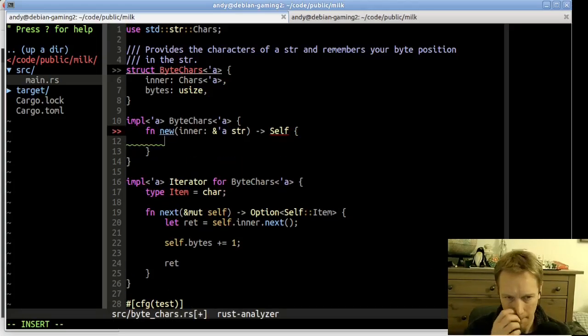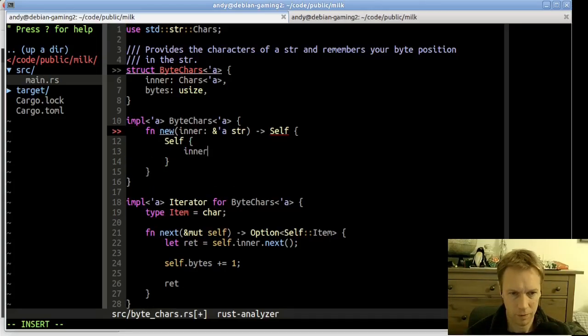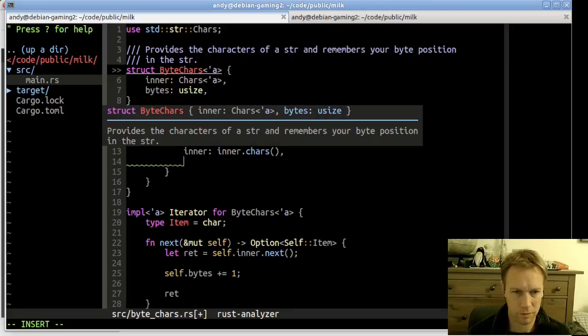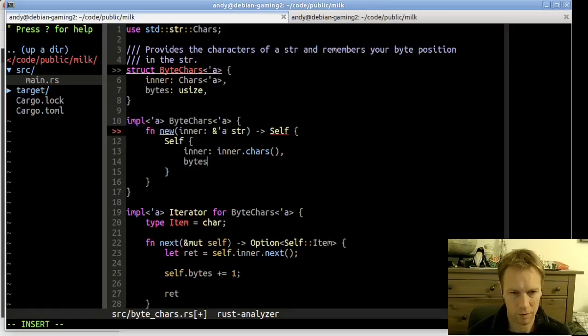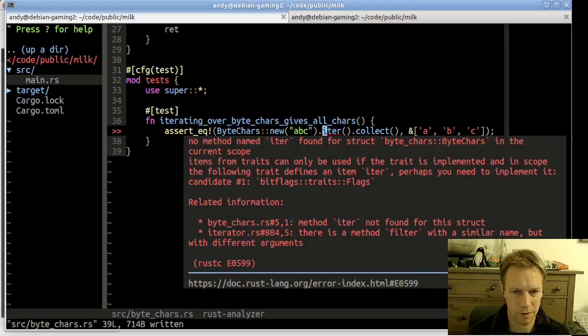And we're going to call chars on it. So we're going to create a self with an inner, which is inner.chars and bytes 0, right? And now we ought to be able to call